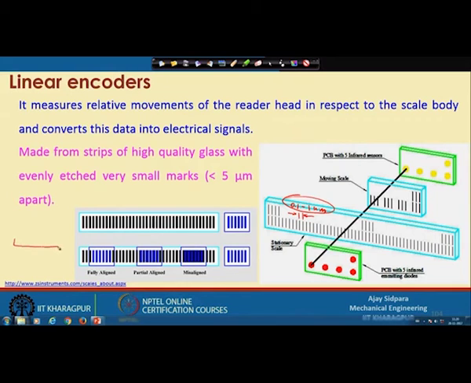Then you have to create one glass plate here, and on top of that you have to put one layer, this particular black layer, the black color or the opaque layer, let us say black color. On top of that, you have to provide one mask here. So, this is called the mask, with this much precision.